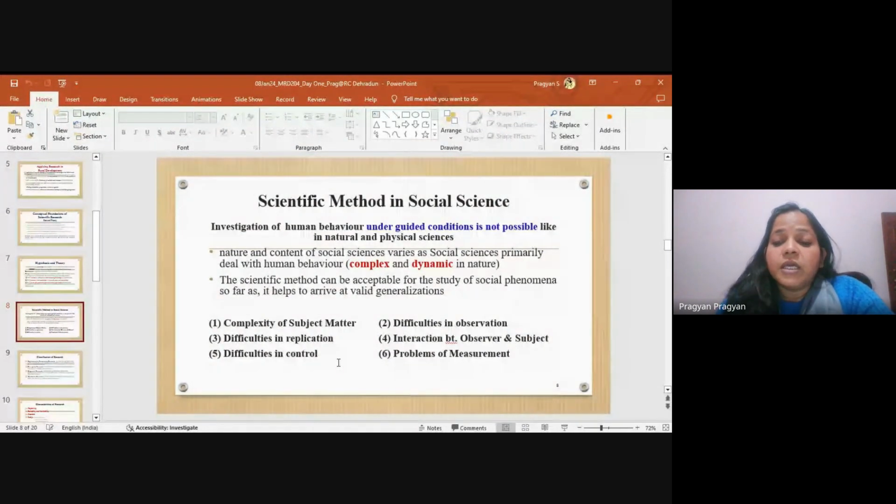Why not valid? It is not valid because the observer is not getting the true data, the exact information which is actually valuable, more important. For example, not a single husband is going to accept in front of you that he beats his wife. Okay. Similarly, not a single mother is going to accept in front of you how many births were still